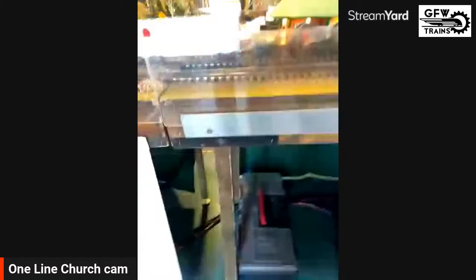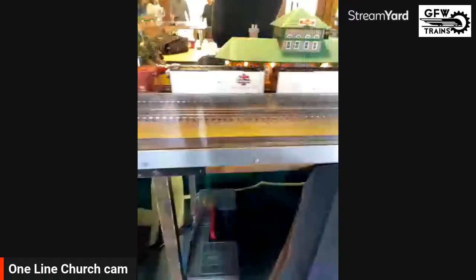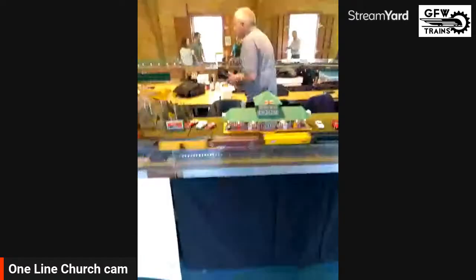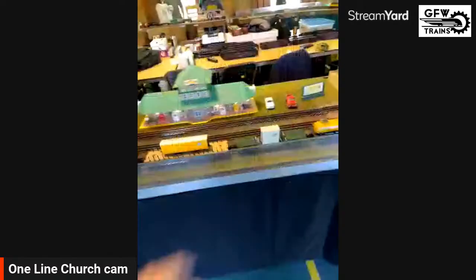The modules, they set up and they're about the size, but I want to say about 4 feet by 3 feet. And then they pack up to a really small size. But anyway, the people in the club will own individual modules or a couple of modules, and then we'll have